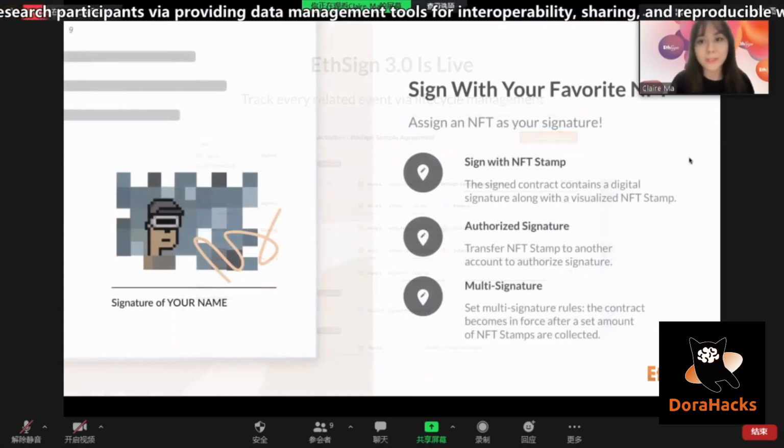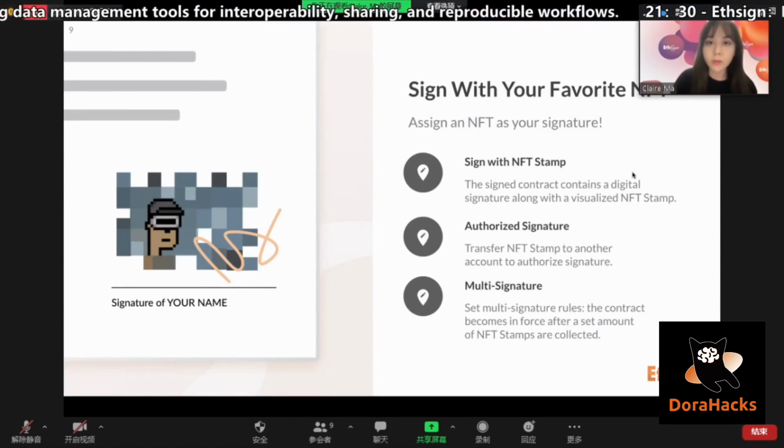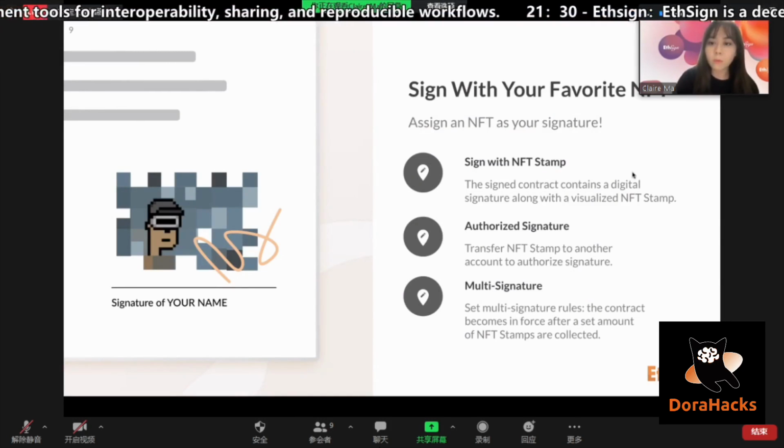introduce you to some exciting new features we are going to implement, and we are implementing now. The first one is signing with your favorite NFT. So we want to allow users to sign with their NFT. The first one is the signed contract will contain not only the digital signature, but also a visualized NFT